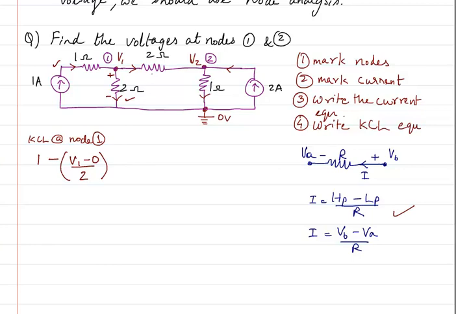Next is this branch. Here again, this is outgoing current, so it is negative, and then we are going to have the current direction based on the current direction. This is going to be positive and this is going to be negative, so here the higher potential will be V1. So V1 minus V2 divided by the resistance, which is 2 ohms. So 3 branches, we have got 3 current equations in KCL, and that is going to be equal to 0. Now from here we have to reduce the equation, and for reducing the equation there are many different ways.